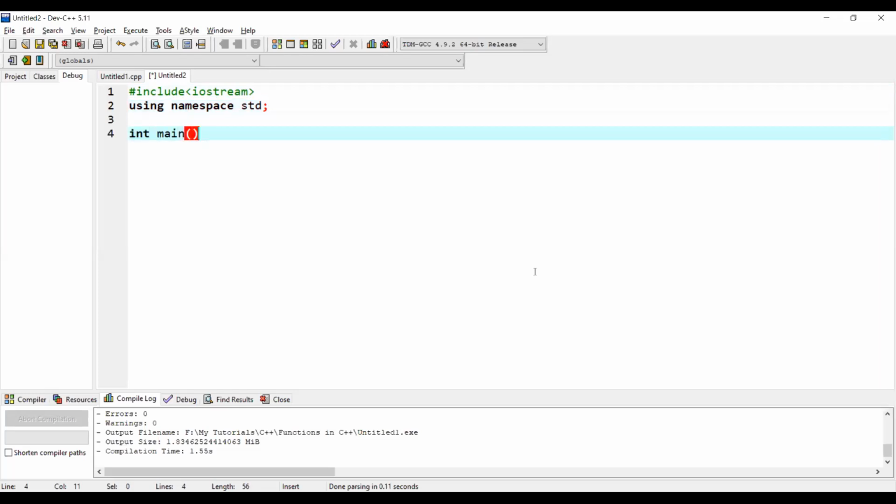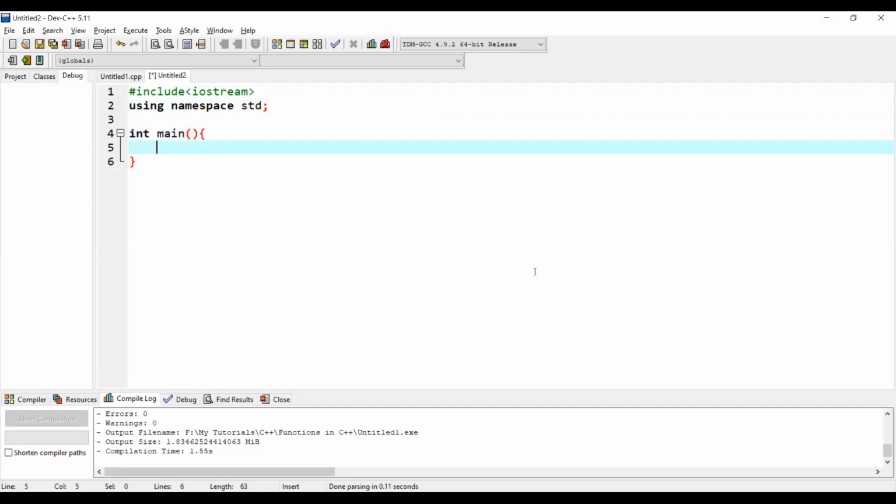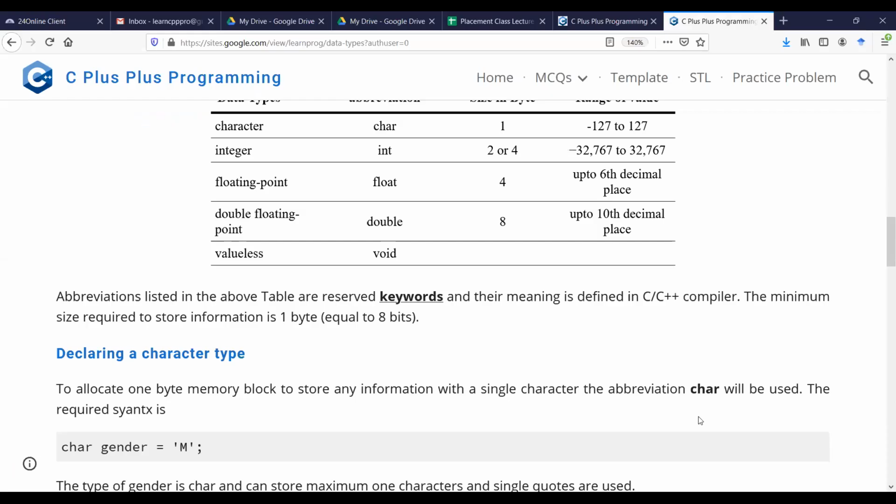Okay. So as I have discussed the syntax, if I go back to the syntax here, how to declare a variable.